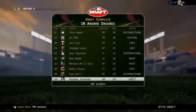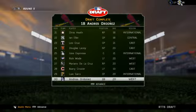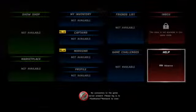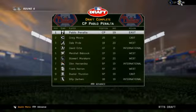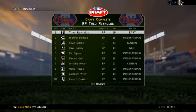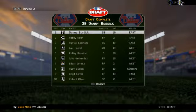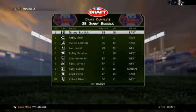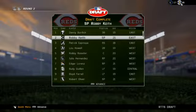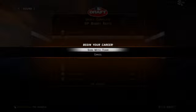Well, at this point, it's really hard to tell how any of these mid-round picks will turn out. I'm sure some of them will exceed expectations and become productive big leaguers, but most of the time, these guys are likely to be what we call career minor leaguers. You know, most organizations are looking to fill in the holes and add depth with these mid-round picks, but every once in a while,